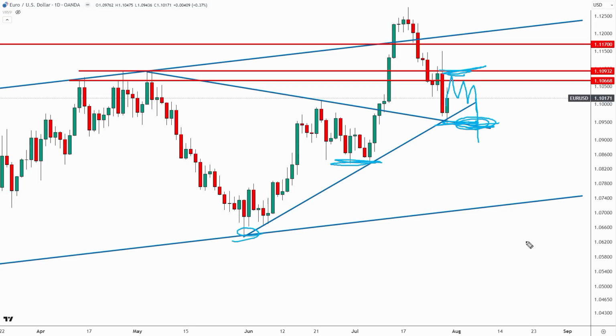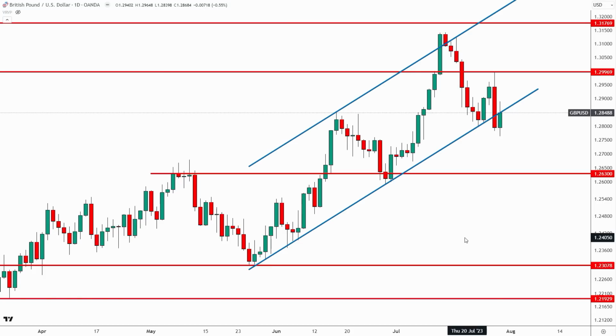Now, alternatively, if we see the euro reclaim this area up here, so if it were to reclaim the area right around 1.11, all right, reclaim this, then we're looking at a move back here toward this resistance around 1.117 to 1.118. Okay, now let's take a look at the pound, which I don't really favor this nearly as much